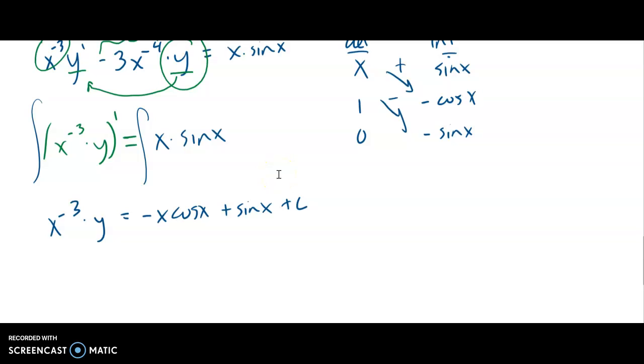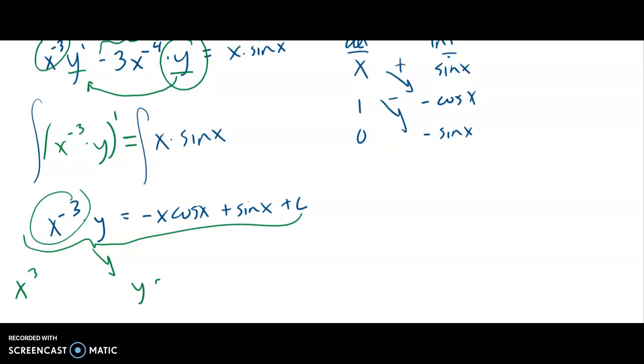So one of the last steps here is to multiply by, or to get rid of this piece. So, you know, it's x to the negative 3. What am I going to multiply by? x cubed on both sides. So if I do that, I'm going to multiply this whole thing by x cubed. I get y, because they cancel, equals,